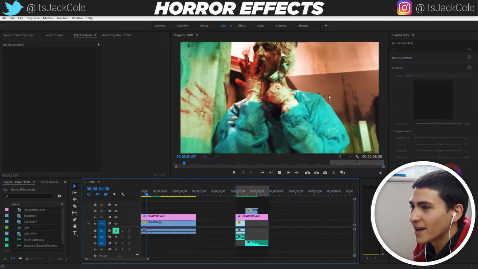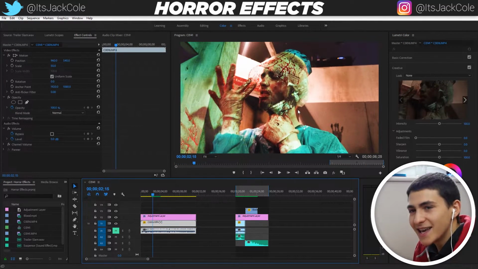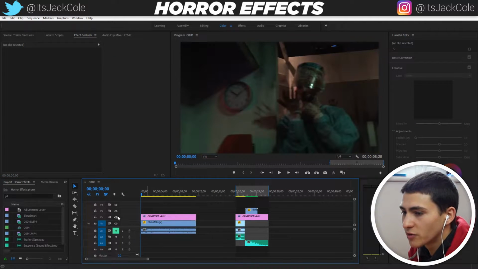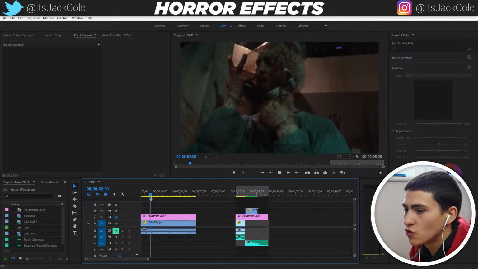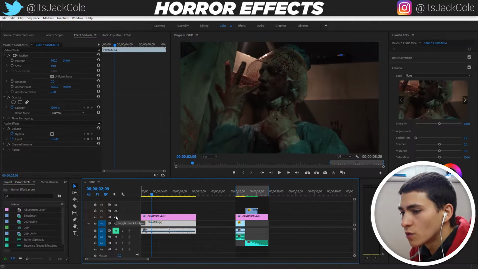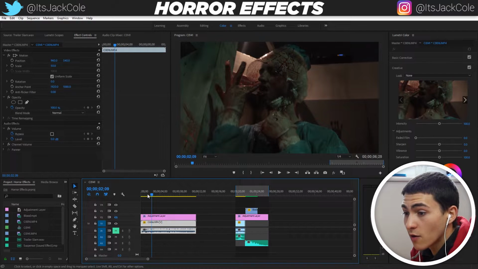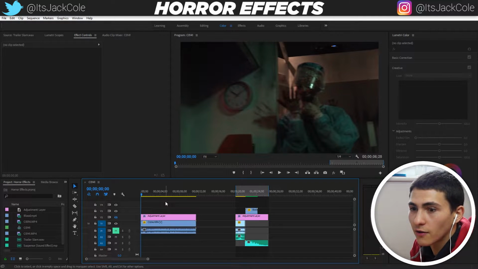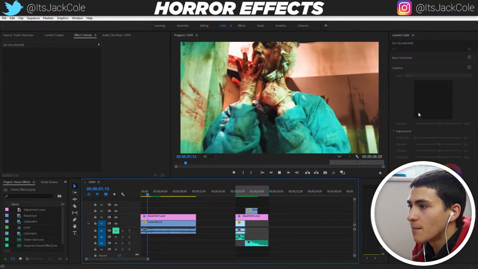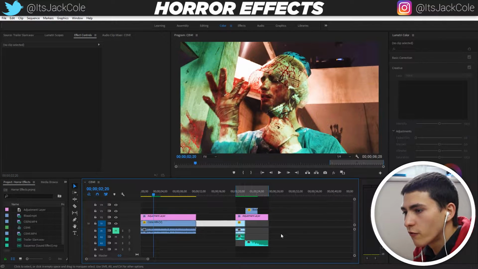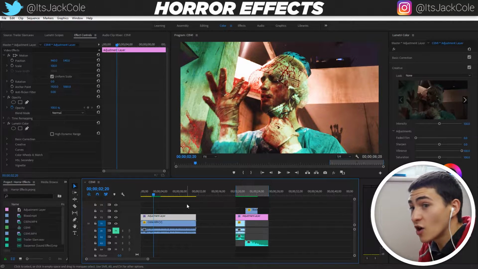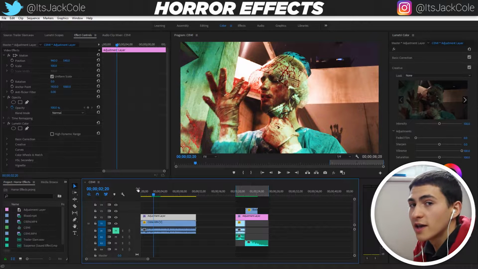This is basically going to create like a pretty dirty, messy, edgy color grade, which I'm going to warn you, unless your footage is pretty dark, it could make it a little bit too light. So maybe do an alteration of that depending on how light or dark your footage is. But if you're doing horror, I'm expecting it to be pretty dark, as it is. So doing something like this, maybe obviously not for your entire film, but for some of the more edgy pieces, right? Some of the kind of bits where it's really gory and stuff, an effect like this where you're sending all the kind of colors through the roof can really be crazy.